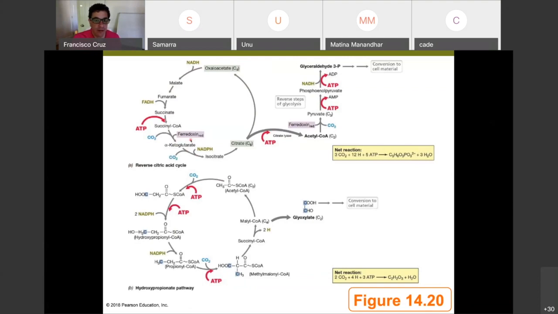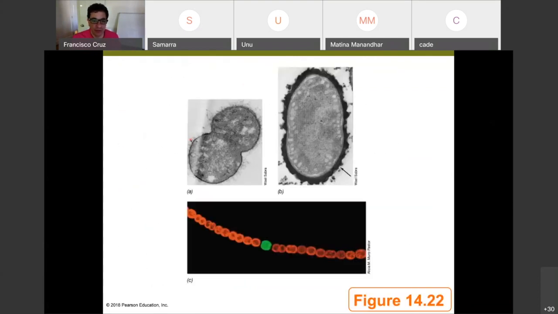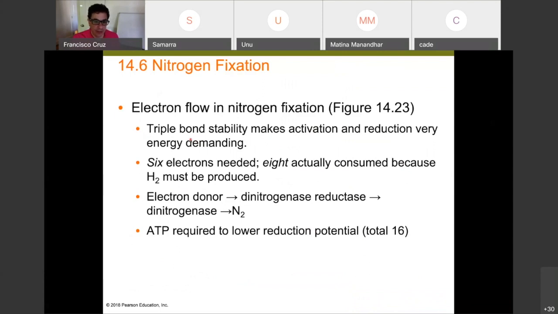That was a lot. Okay. I think that mostly came out okay. So you learned about nitrogenase. I'm going to keep this